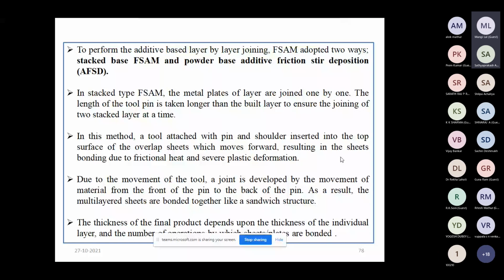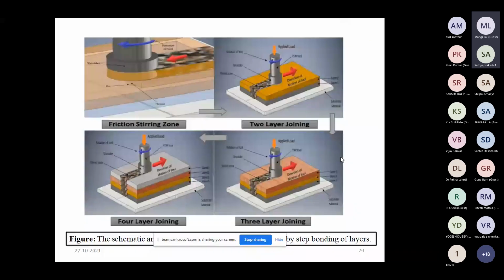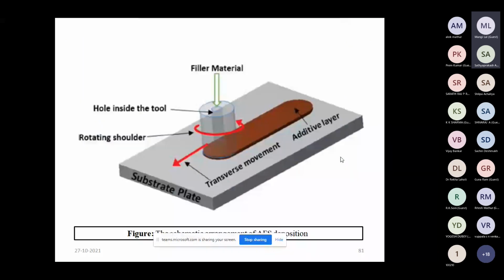So what is this additive friction stir deposition method? In this method, we use a hollow space inside the hollow shoulder, or a hollow hole inside the tool. From this hollow space, we can fill the material in the form of powder or wire. And heat is provided by the friction, as the shoulder is rotated and pressed against